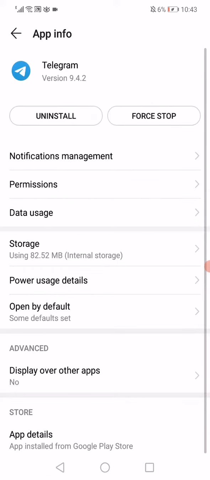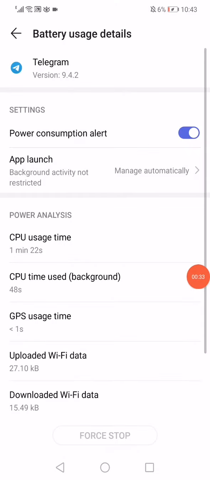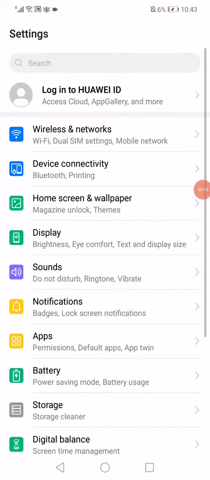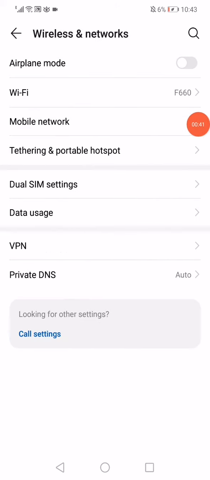Go back and then click on this power usage details. Now all what you want to do is disable the power consumption alert and then go back into the settings on your phone. Click on wireless and networks, enable the airplane mode, and after 10 seconds disable it, and then